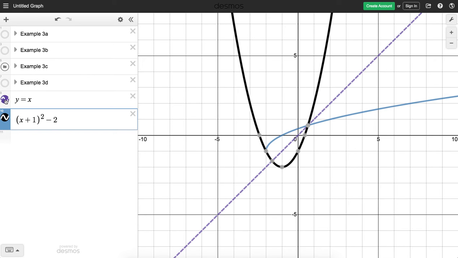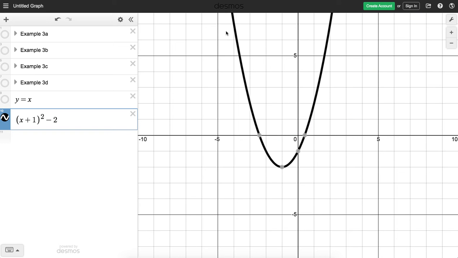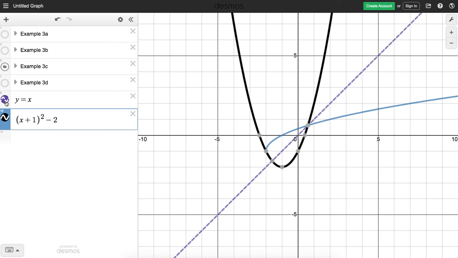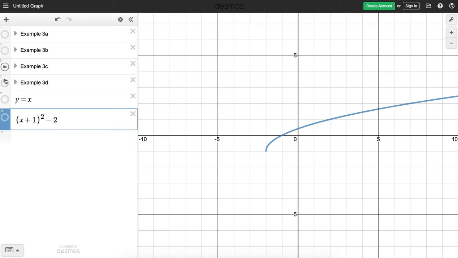So what we need to do in order to remedy this situation is look at maybe making a domain restriction on this inverse function so that it is a reflection of our original function across this graph. Now, to do that, if we look at our original function here,